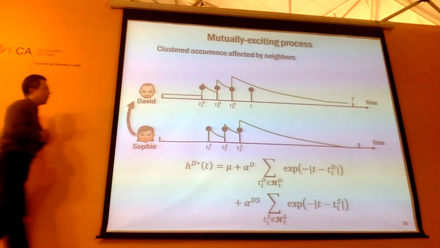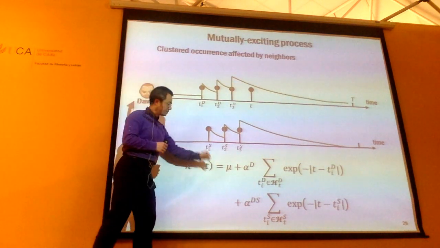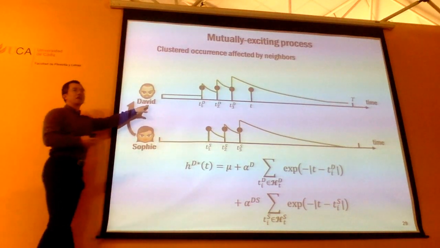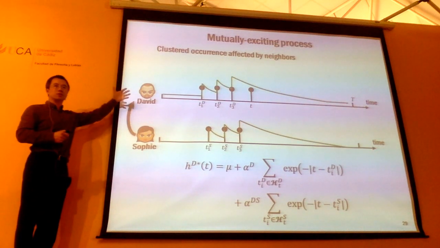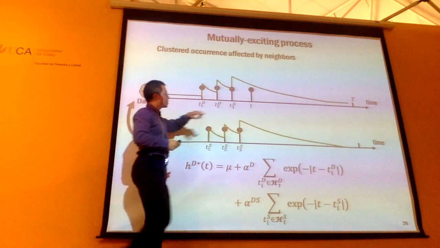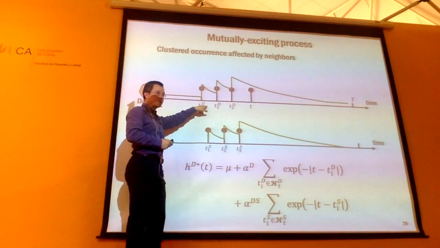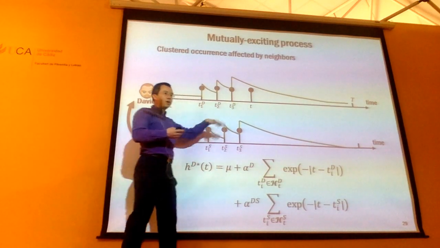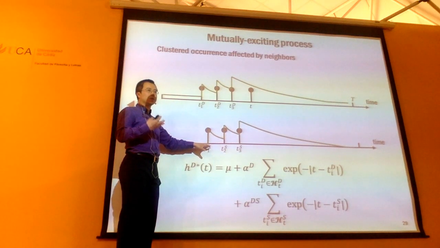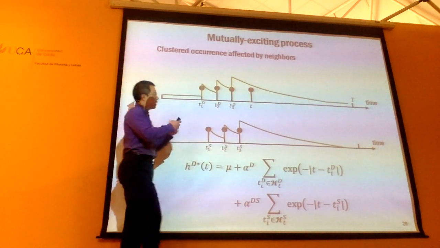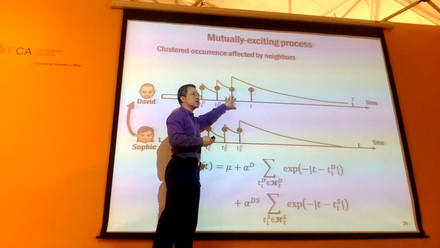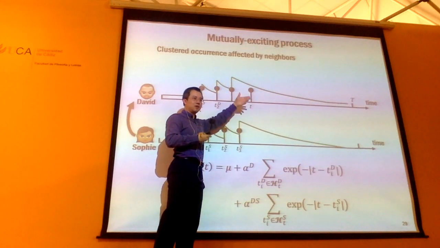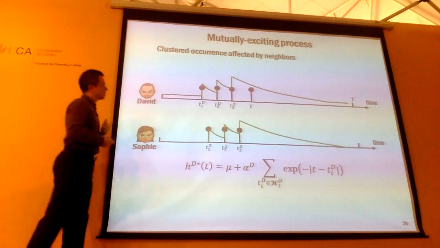So in this particular case, you add together the intensities of Davy and Sophie, and use this superimposed intensity to describe the behavior of Davy. That is essentially the superposition process I described earlier. Davy is going to tweet about something either because of his own history, because he has already tweeted about a particular topic many times and is likely to tweet again, or because of influence from Sophie, who has such a strong influence on Davy. Exactly which case is the driving force for creating a particular event depends on which process is going to sample an event at the smallest value of time.